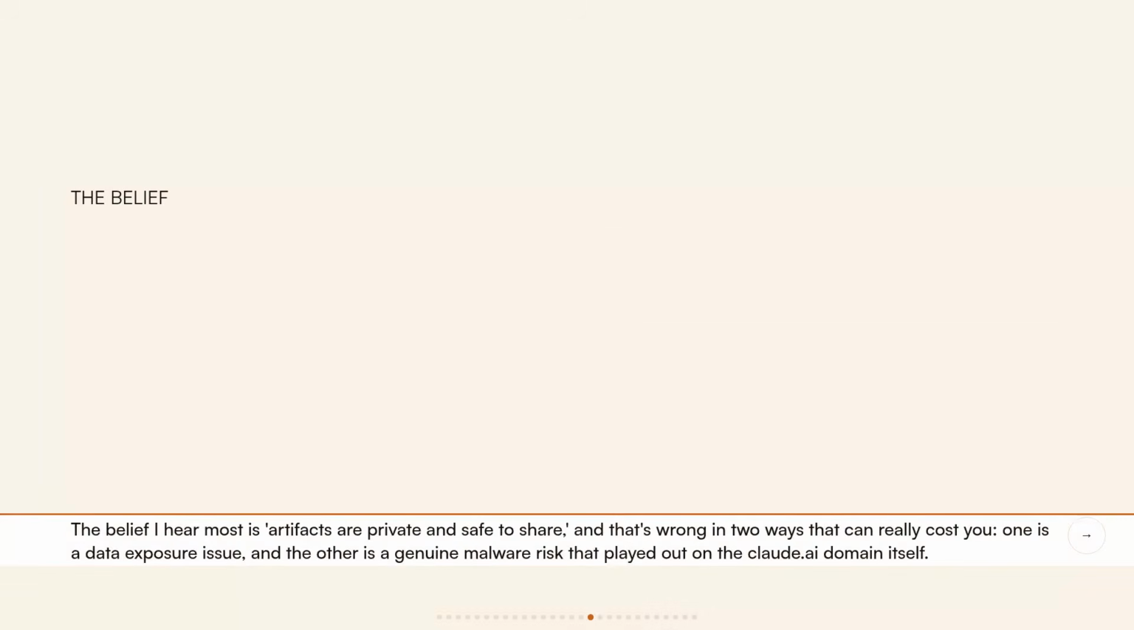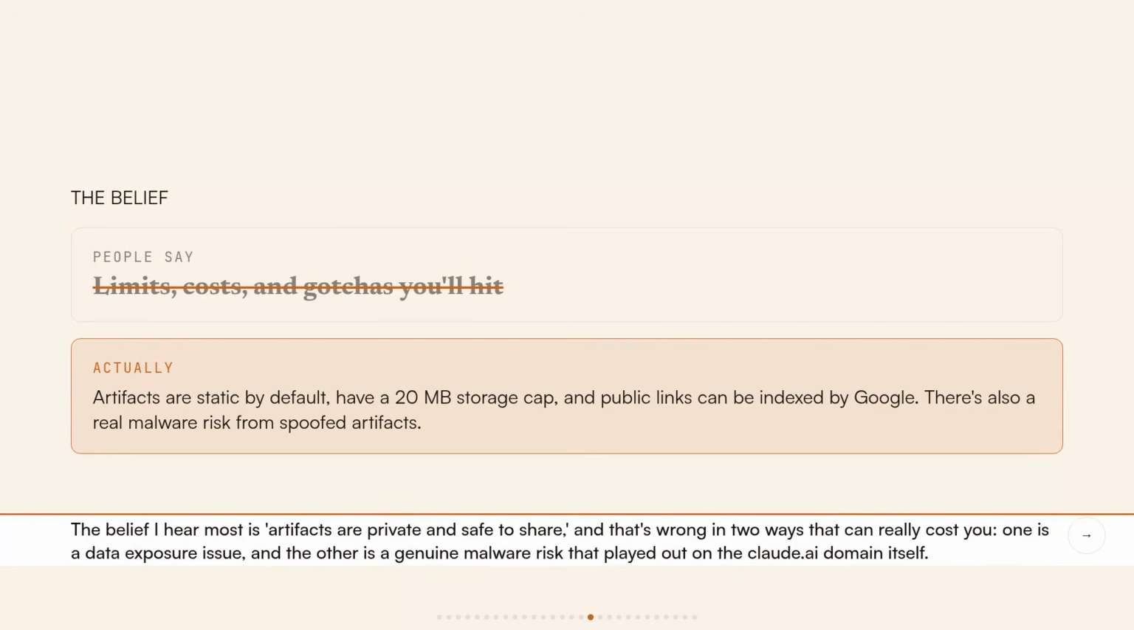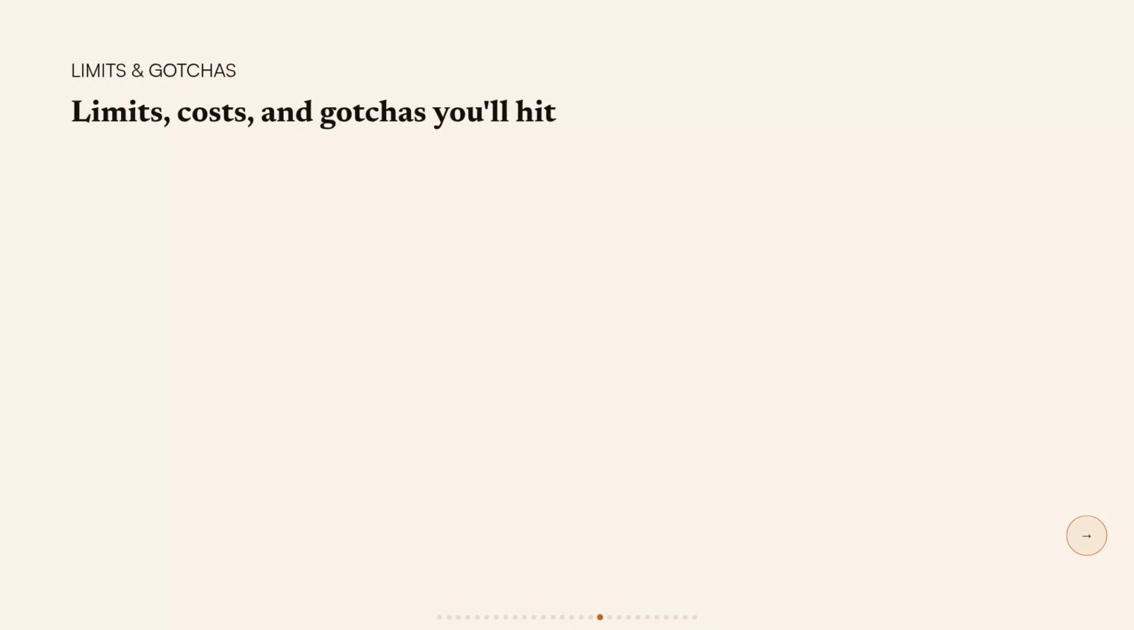The belief I hear most is artifacts are private and safe to share, and that's wrong in 2 ways that can really cost you. One is a data exposure issue, and the other is a genuine malware risk that played out on the Claude AI domain itself. Between July 21 and 22, 2026, at least 29 organizations were infected with SecTopRat after clicking a malicious artifact hosted